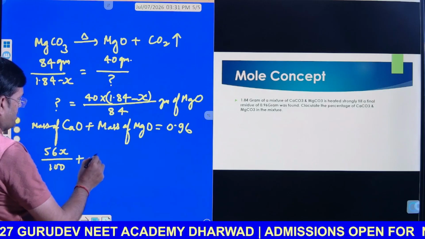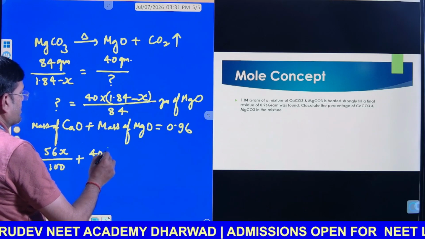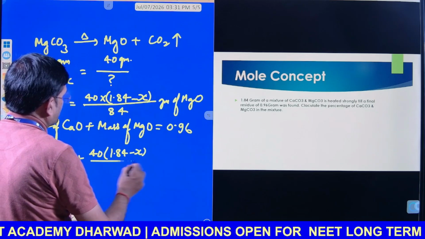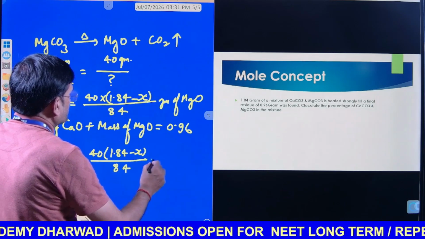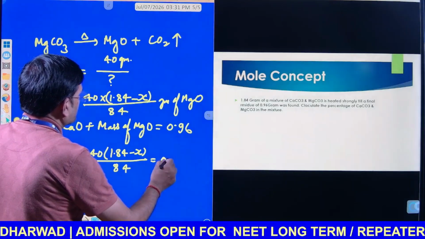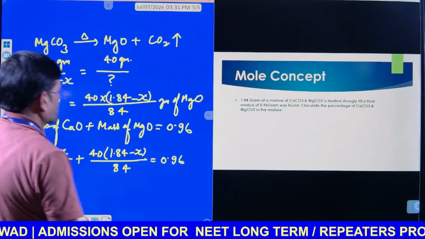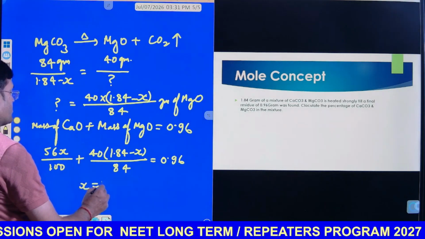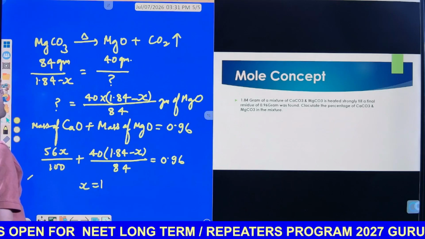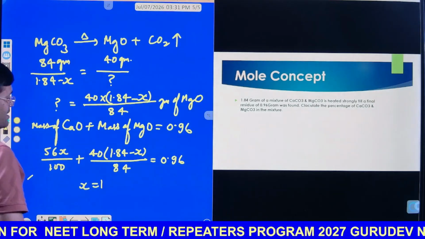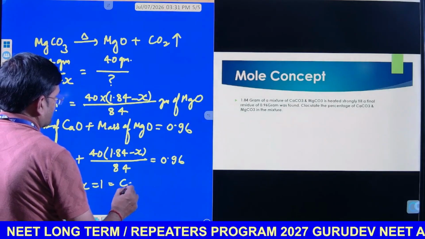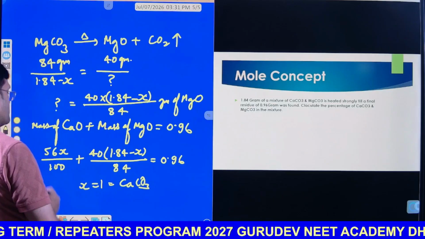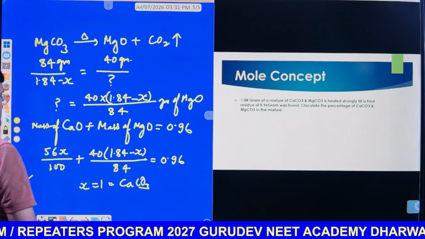Here you can see 40 into 1.84 minus x divided by 84 is equal to 0.96 as per the question. Now by solving it, we will get x is equal to 1, and x is the calcium carbonate. So in the next step,